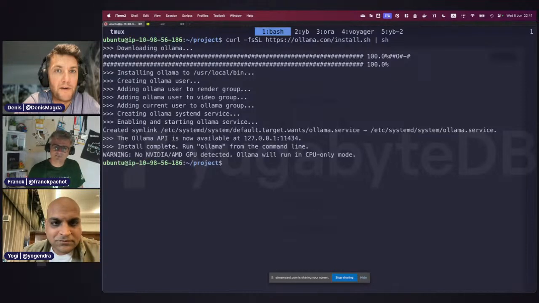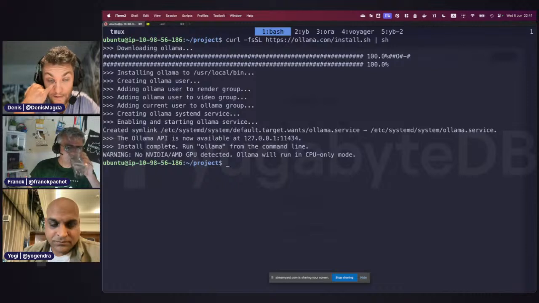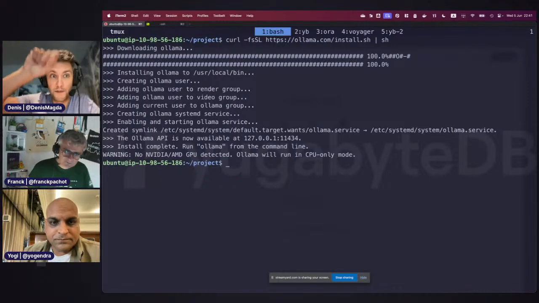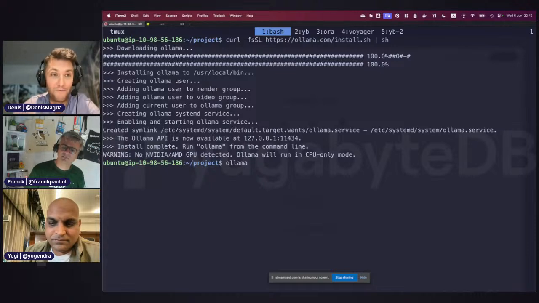Also, as a quick update, folks, we have already created a tutorial that shows how to use Ollama with Yugabyte. I think it's going to be released this week as part of our tutorials in the technical documentation. Right now, our technical documentation team has been reviewing it, but once you see how Ollama is used today, you will be able to follow the tutorial to use it in your apps with Yugabyte.